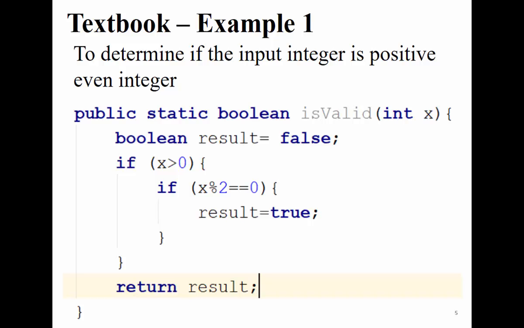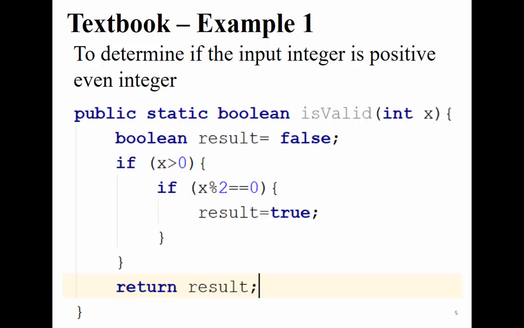The objective is to highlight how a student can approach the problem. The question is asking if the input integer is positive and even. We define a Boolean result equal to false, and we ask if x is greater than 0, and we have braces open and close for the if statement because we have more than one statement.